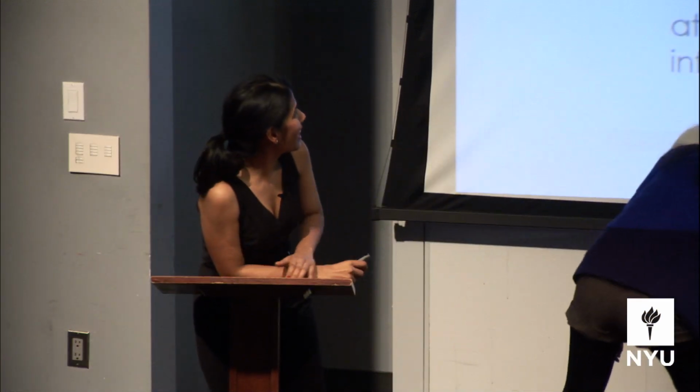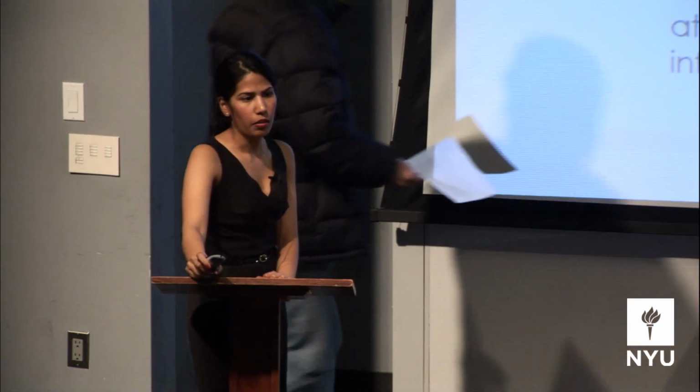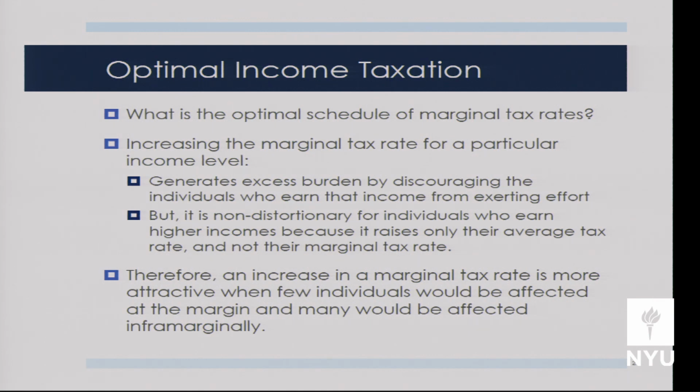I don't want to say too much about this, but I want to cover a few things. When we think about optimal income taxation, what we're really asking is, what is the optimal set of marginal tax rates for the different brackets of income, such that we're minimizing deadweight loss but also taking equity into consideration. Right now we have 6 income brackets and 6 marginal tax rates. I want to think about increasing the marginal tax rate on, say, the 3rd income bracket. So we have the 10% bracket, the 15% bracket, the 25% bracket, the 28% bracket, the 33% bracket, and the 35% bracket.